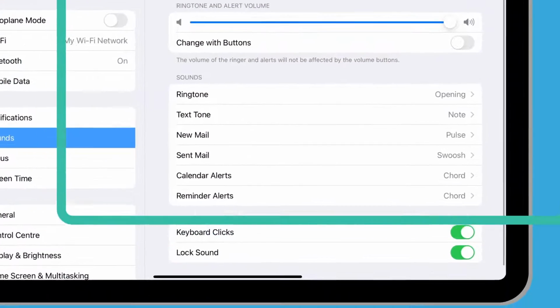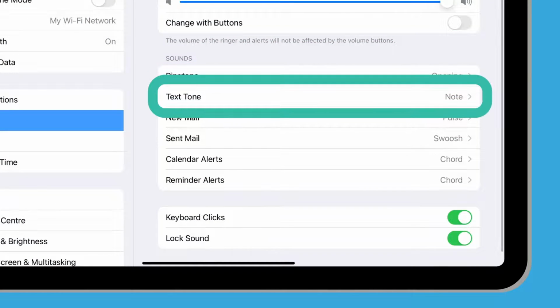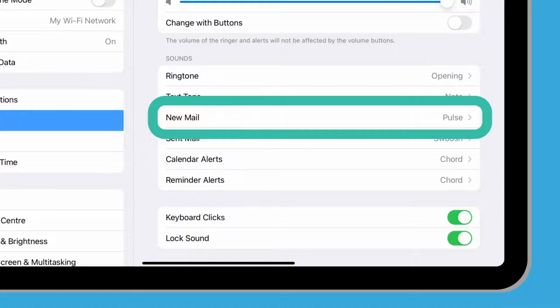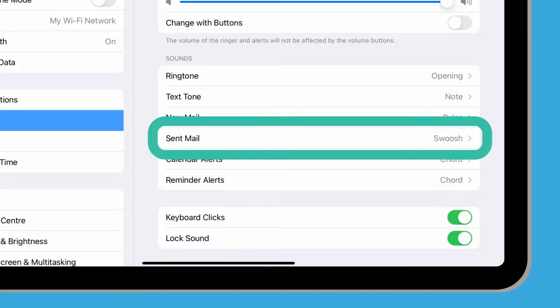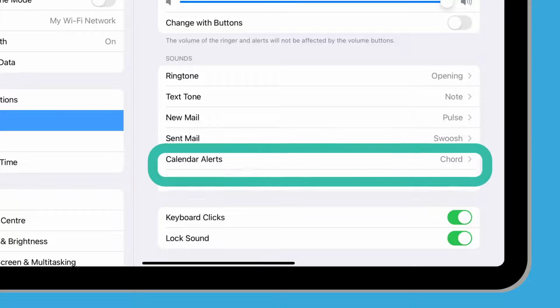There are many other types of alerts in the Sounds menu, and you can choose a different sound for each one. This can be handy as it helps you know what type of message you've received without the need to look at your iPad. Select a sound that appeals to you for any type of alert.